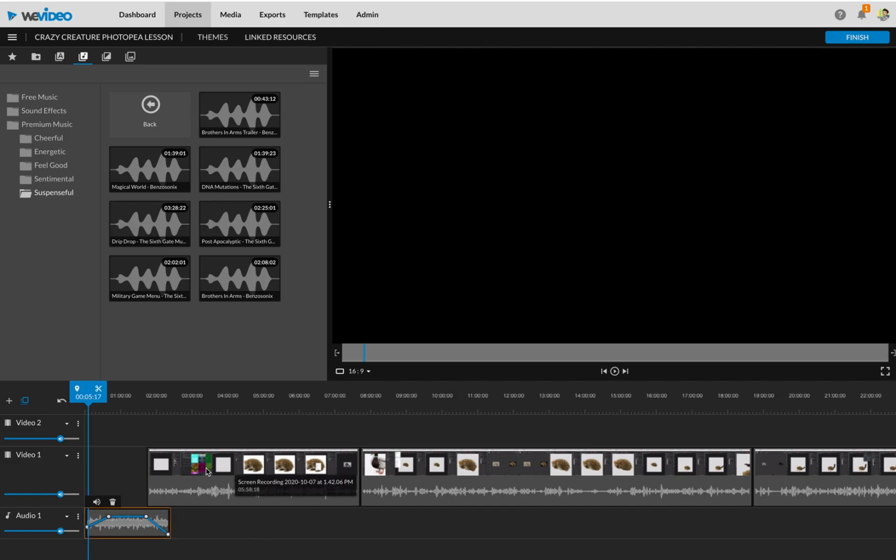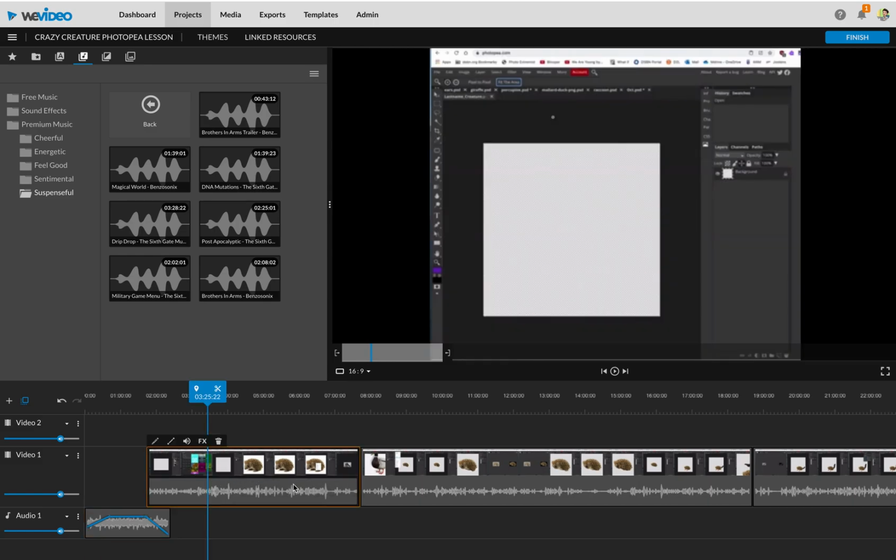So now the harder part, or the non-intuitive part, is when you click on a clip that has the video and audio together, because there's no right click and unlink video. That doesn't work in WeVideo. So you have to go about it a couple different ways. If you are looking at editing to put keyframes in the video part, you would need to go to